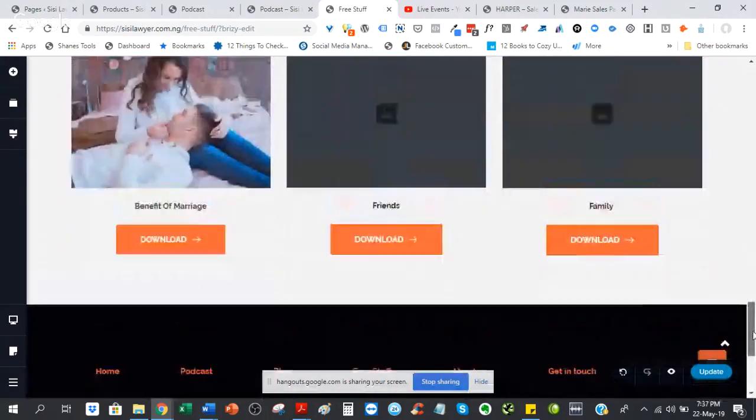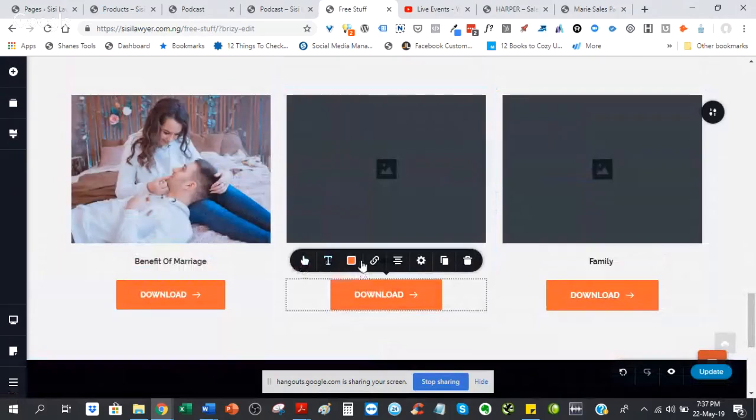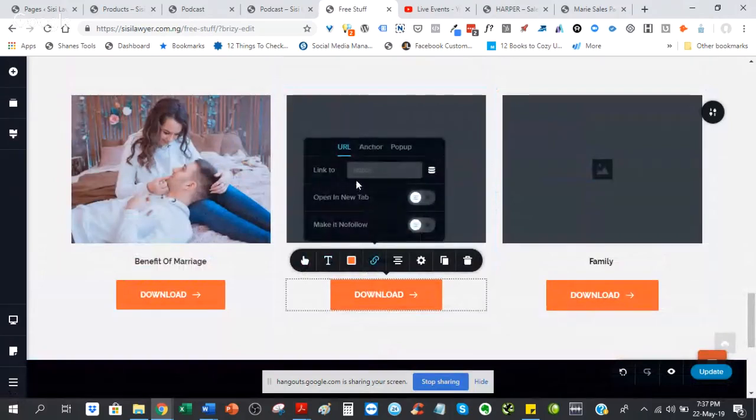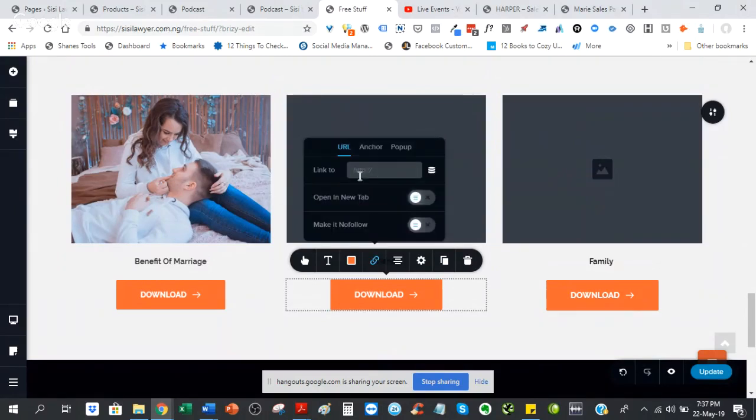So we want to add a link. We want to add the download link. So let's assume this is the download link. Come to the link section. This chain represents a link. So you come here,